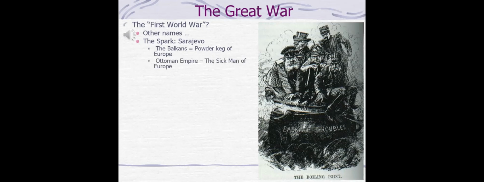And part of the problem with the Balkans is the ones who used to be in charge of the area are the Ottomans, and the Ottomans are now called the sick man of Europe. This is a country that is being eaten away by its neighbors. Parts of the empire have been chipped away by Britain, by France, by Russia, by Austria, by Greece, which declared its independence in 1823. So it's just not in a good position. And the assassination of the Archduke occurs here in Sarajevo in June of 1914. But that's the catalyst. That's the spark that sets things aflame.